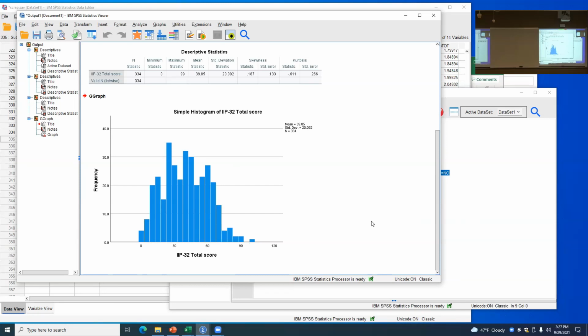Sam, what are you seeing? How would you describe this histogram? Yeah, it's a little messy, but